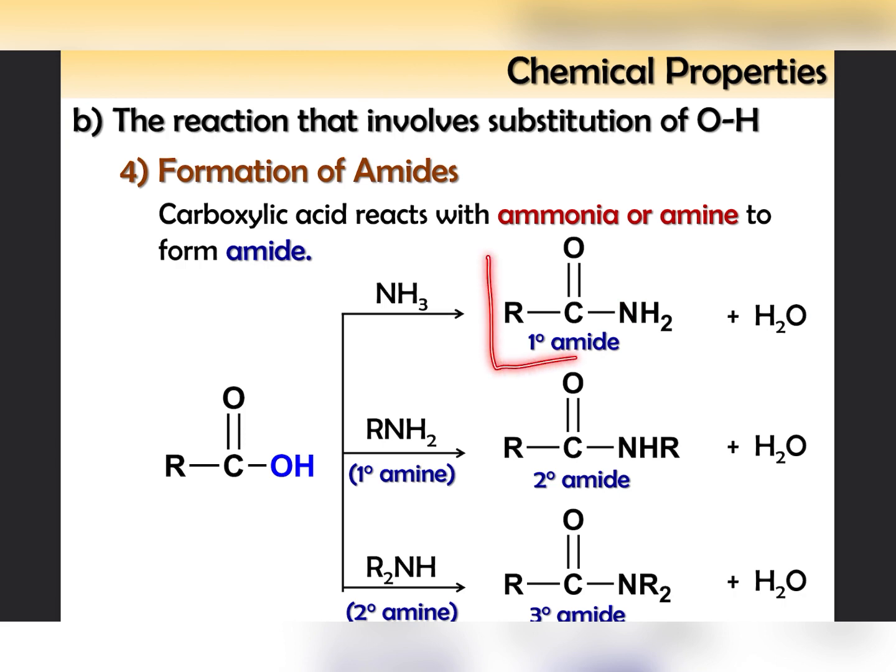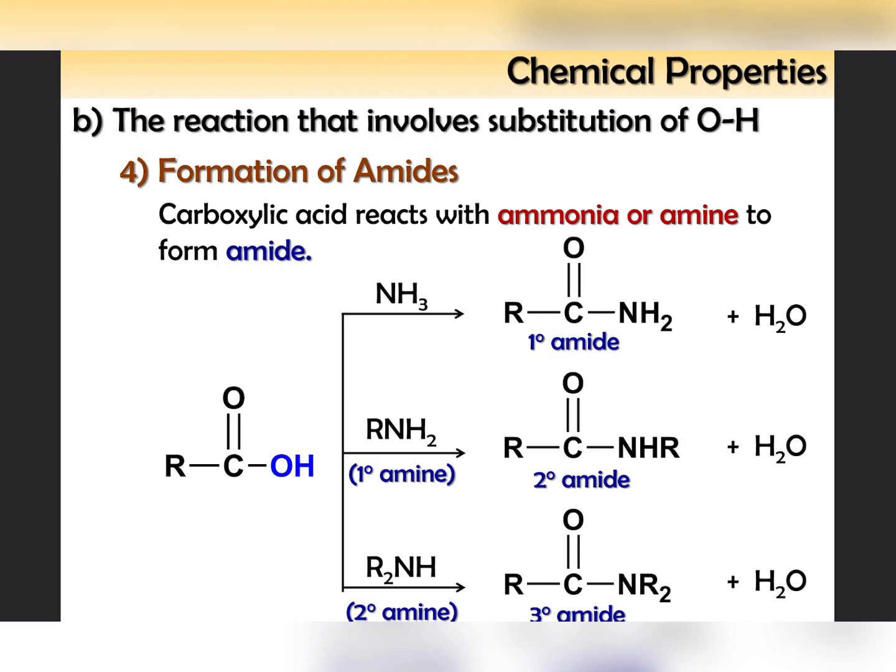So this is primary amide. So if you react with a primary amine, meaning the NH has one alkyl group, this is a primary amine. So you will form a secondary amide. Okay, so basically